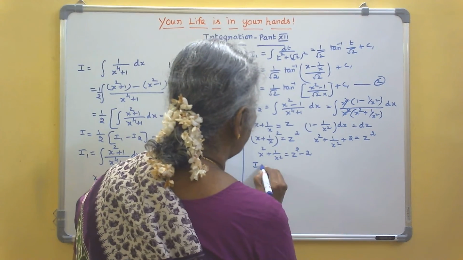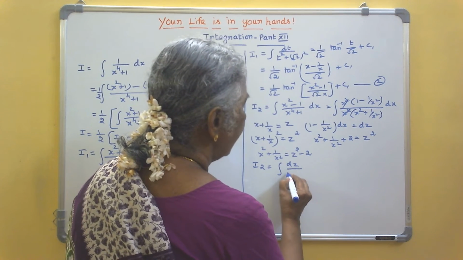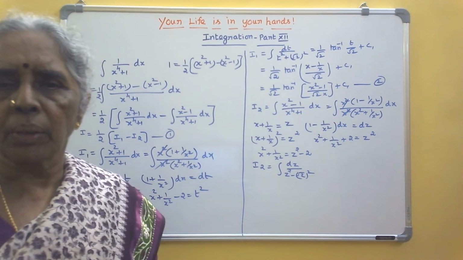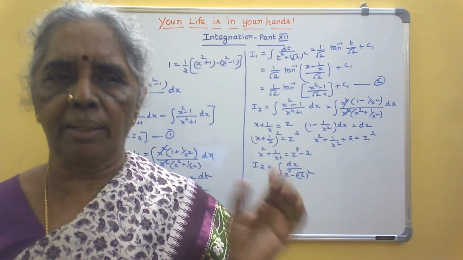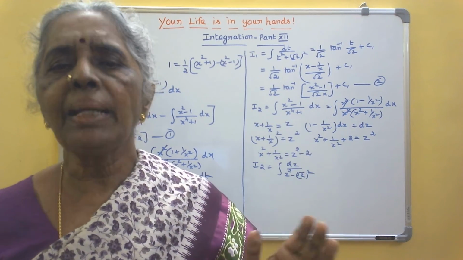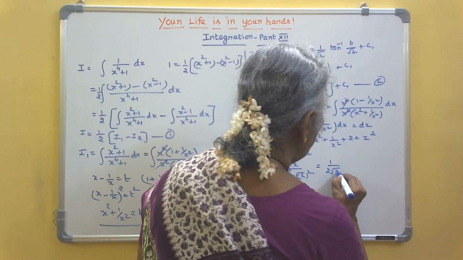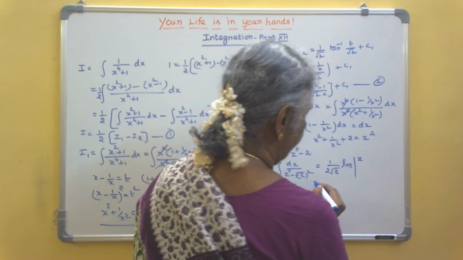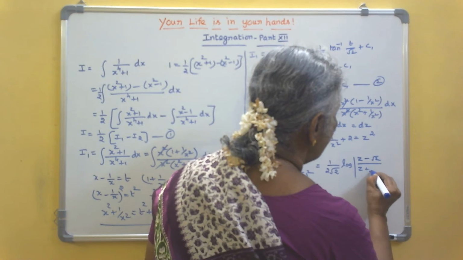So now coming to the I2. Now I2 will be the integral where the numerator is dz and the denominator is z squared minus (root 2) the whole squared. You know the formula: integral dx by (x squared minus a squared) is 1 by 2a log mod (x minus a) by (x plus a). Using that formula, you will get 1 by 2 root 2 log mod, x that is z here, (z minus root 2) by (z plus root 2)